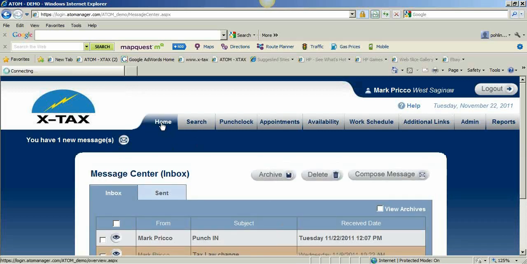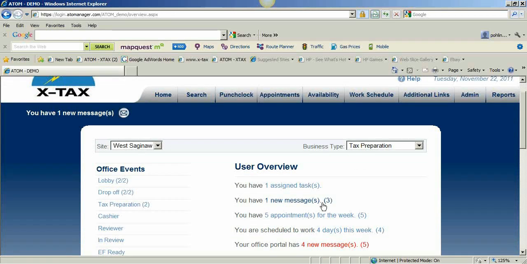Let me just go back to that one more time. As you see, it says I have one new message, but then in parentheses next to it, it has 3. What that means is I have one new message that hasn't been read. However, I have 3 messages total in my inbox. So when I click on the link,